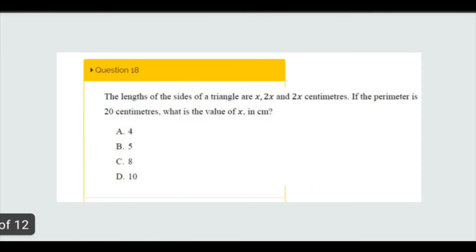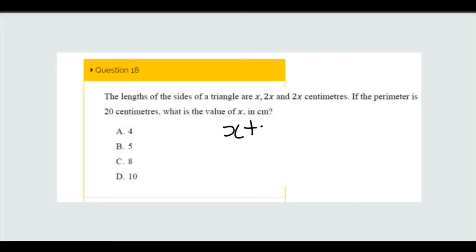Alright, so we continuing. This one says the length of the sides of a triangle are x, 2x, and 2x centimeters. If the perimeter is 20 centimeters, what is the value of x in cm? So we know perimeter is the total distance around. We know triangle got three sides. So for this triangle, the perimeter will be